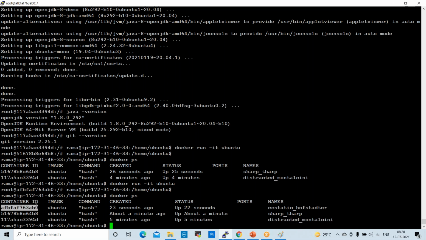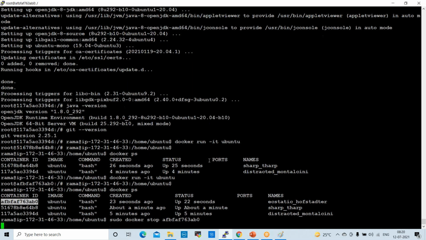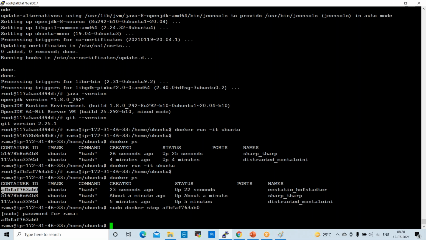So I want to remove this container: sudo docker stop and the container ID. Before removing any container, we need to stop it. Now it is asking for the password. The container is stopped. Again, I want to remove the second one also, with this ID.